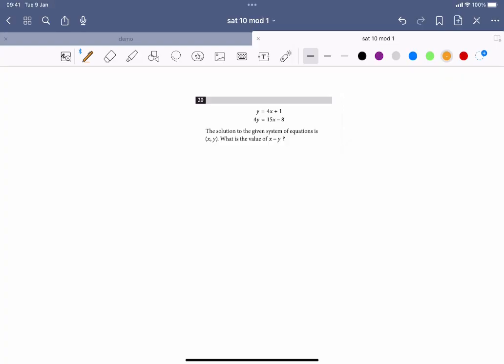Okay, so moving on to question 20. This is a system of equations question where you're given 2 lines. So how would this look? This would look, just to give you a brief visual understanding of this,